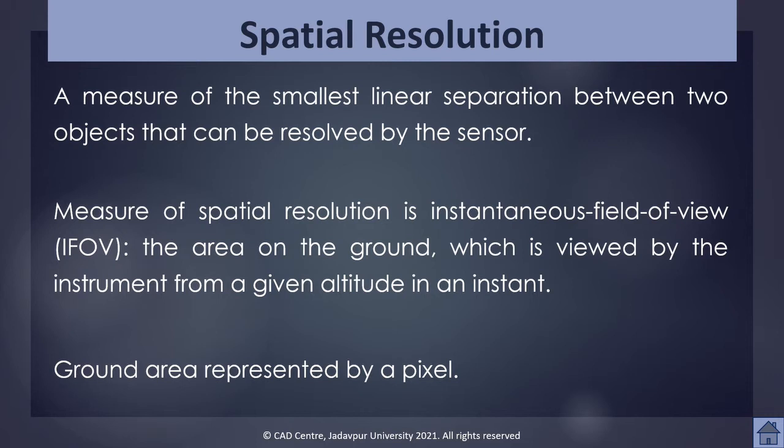For many of the satellites, we do not have a perfectly stable orbit because the actual altitude of a platform may vary for several reasons. Therefore, the spatial resolution will also vary accordingly. But this variation is very slight. The IFOV becomes smaller at lower altitudes and increases as the altitude increases.